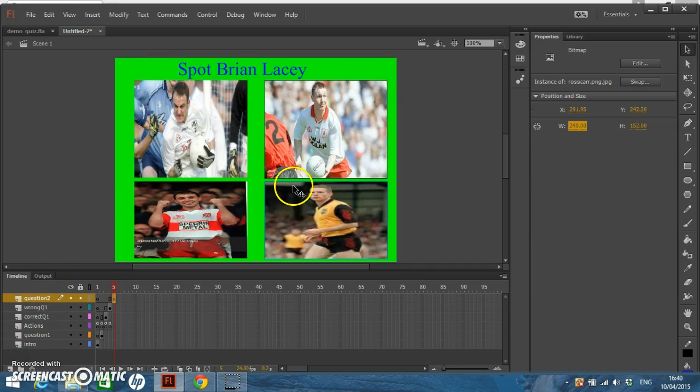Okay, so I've imported these 4 ordinary enough looking images onto the stage. You can find better ones. These are 1990s images that I'm using, so they're not brilliant. So the next thing